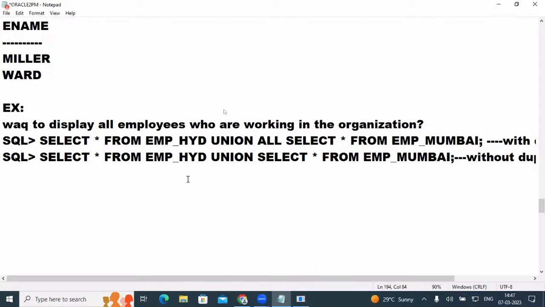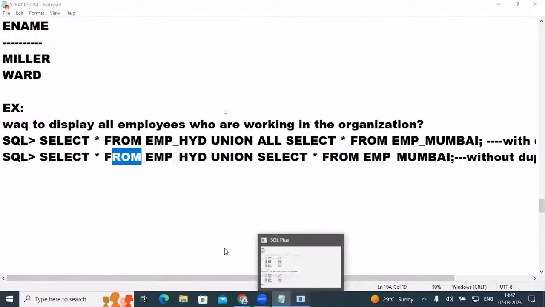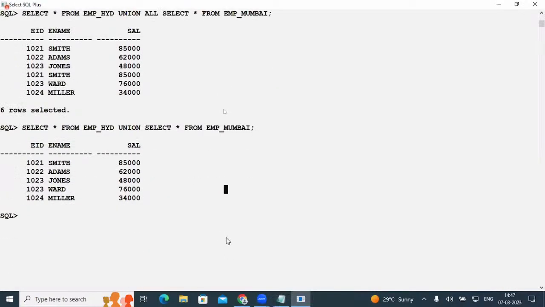Okay. But when we want to use set operators in between multiple select queries or statements, there are some basic rules we need to follow. What kind of rules do we need to follow here when we want to work with the set operators? Okay, let me see. Suppose